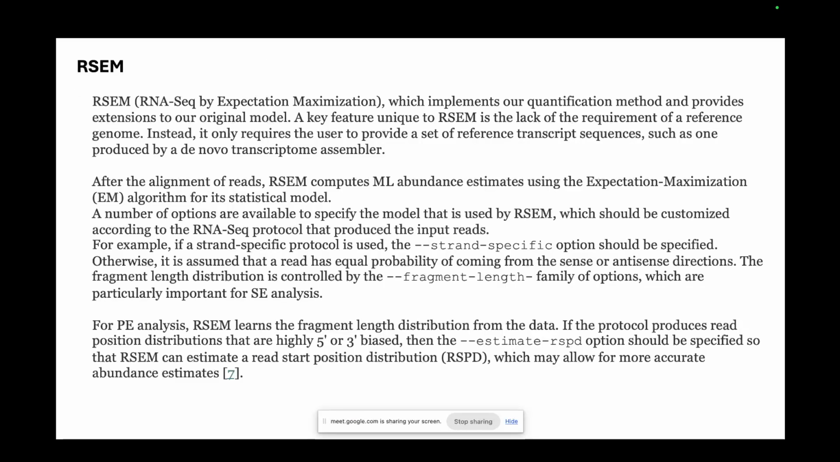So this is another algorithm which is known as RSEM, RNA-Seq by Expectation Maximization. This is a very famous algorithm that we use in other spheres of genomics as well. It implements a quantification method and provides extensions to the model. So a key feature unique to